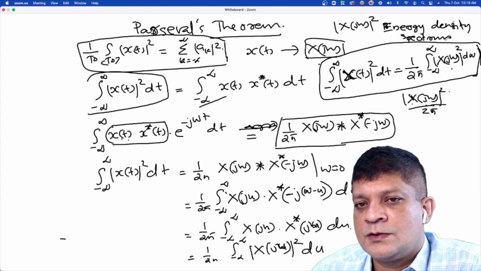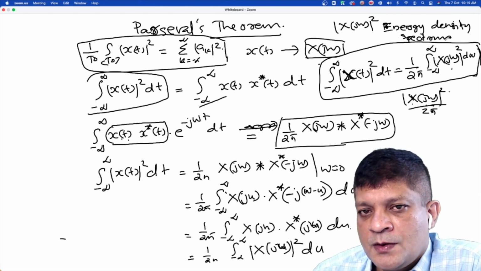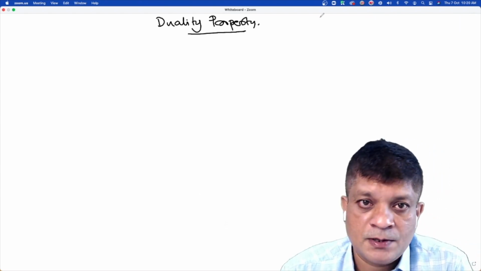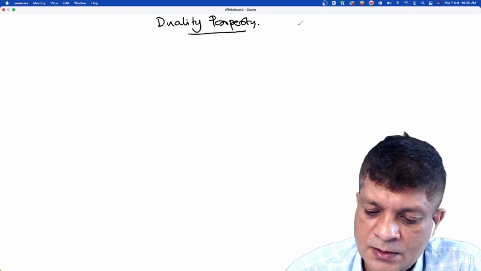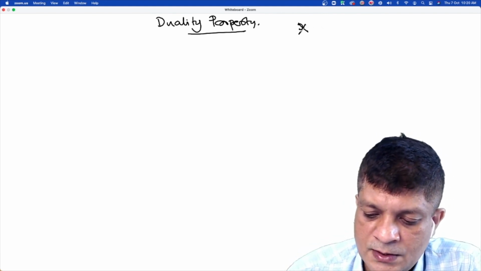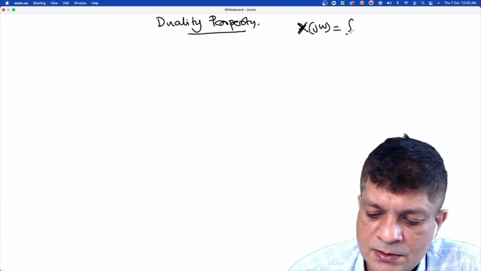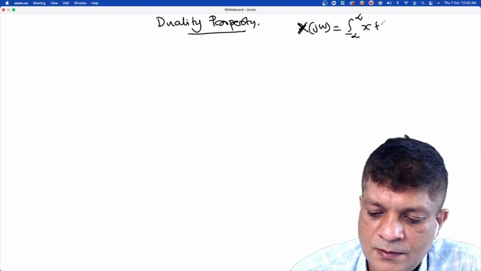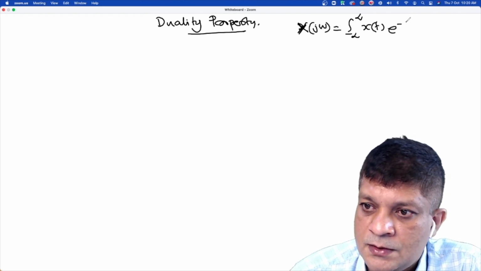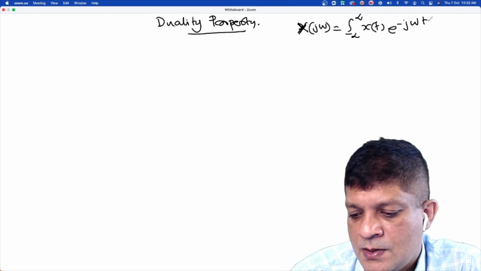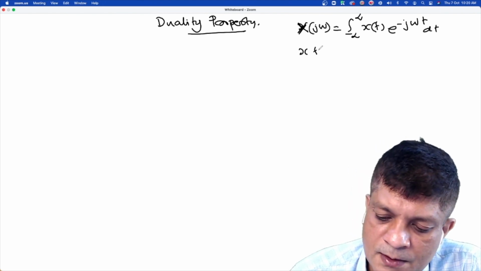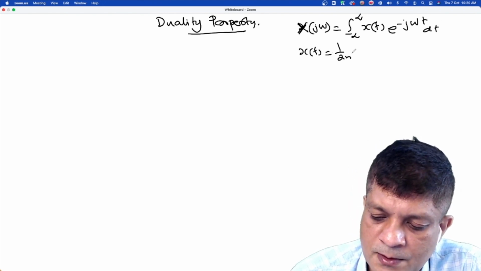It is called the energy density spectrum. Okay, first let me write these expressions here. If we have a signal x(t), its Fourier transform X(jω) is the integral from minus infinity to infinity of x(t) e^(-jωt) dt, and x(t) is 1/2π